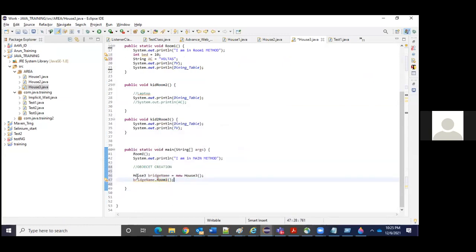Okay. Now we will see some technical terms. When you want to create any object of the class, first you need to provide the class name. And then the object reference variable, or a variable we can say, equal to new. New is a keyword, which will create a memory allocation for that particular class.